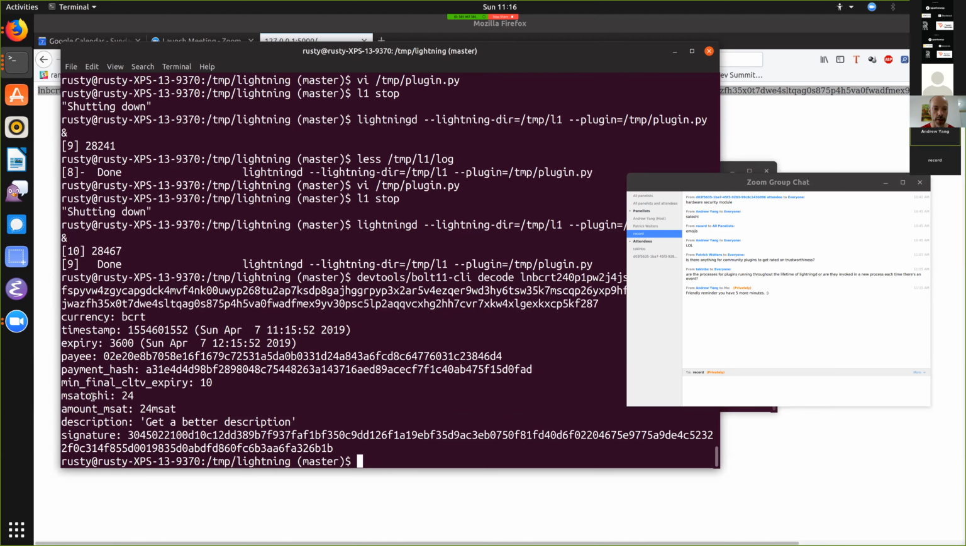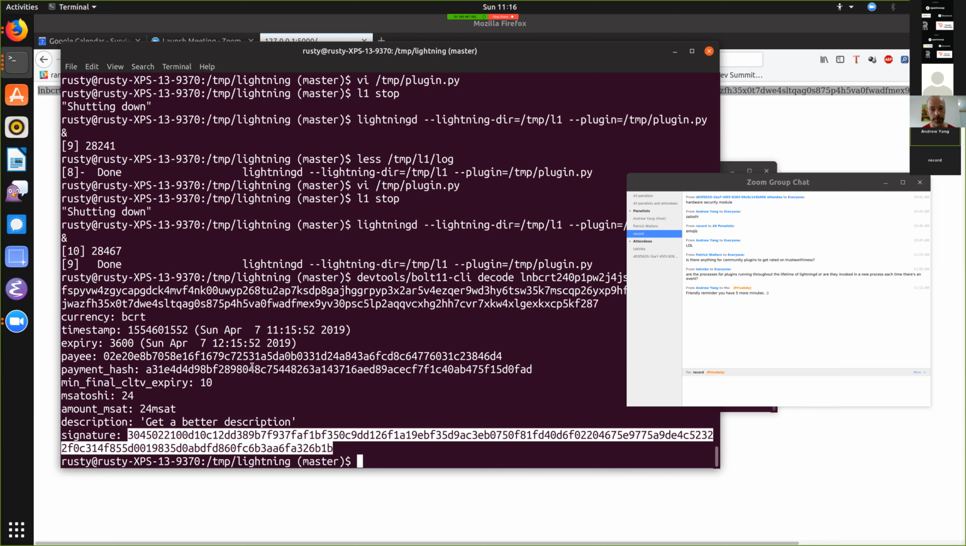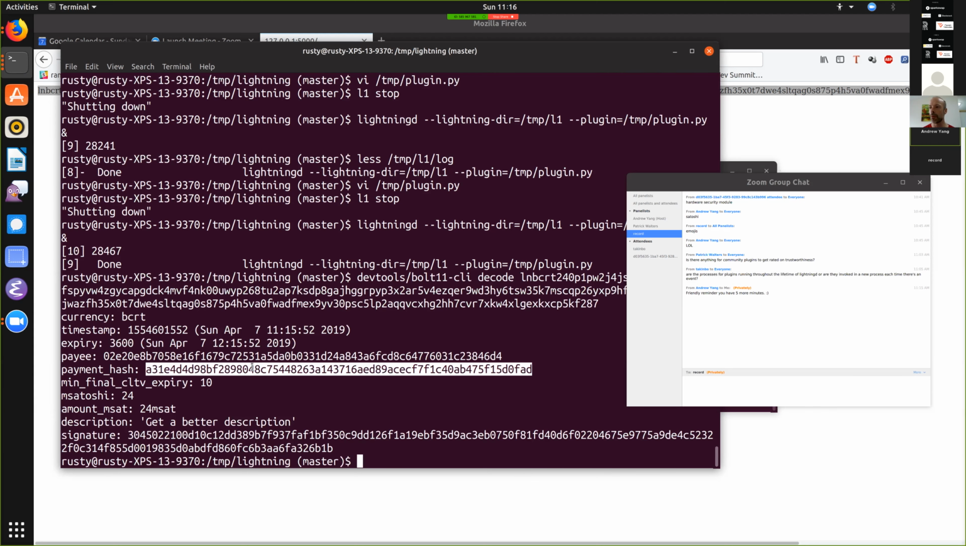This is redundant. We also put it out in MSAT format, and the description that we put in. And then finally the signature, which proves that this node indeed issued the invoice. Okay, that's pretty straightforward. Of course, we want to test that we can actually pay it, right? So we've only got 5 minutes to go, so I am going to very quickly run through this, which is,